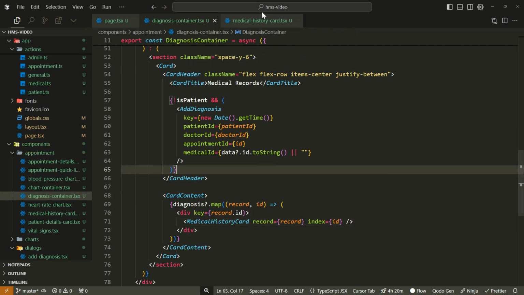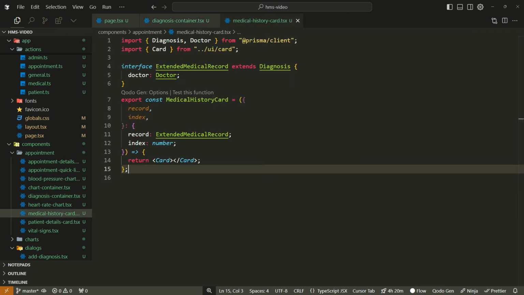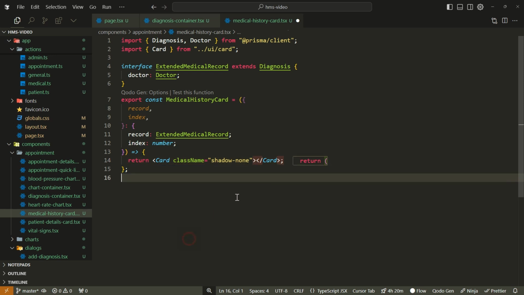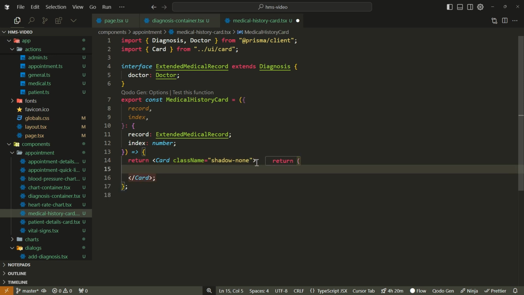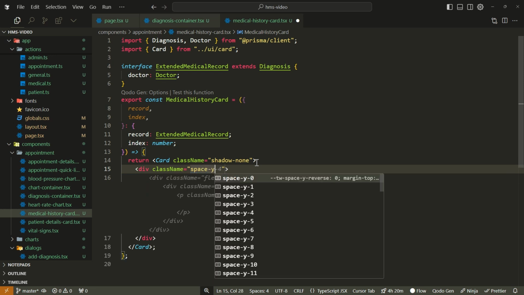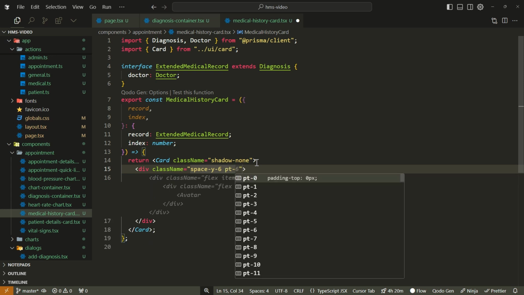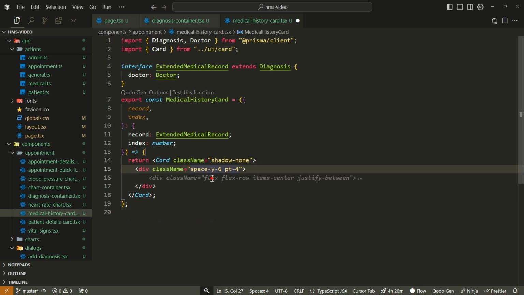Okay, great. So here, card, we're gonna say shadow of none. Okay, great. So inside this, I'm gonna put a div with a class name of space-y-6 and a pt of also 4. Okay, great. So inside this, now we're going to show the various information about the